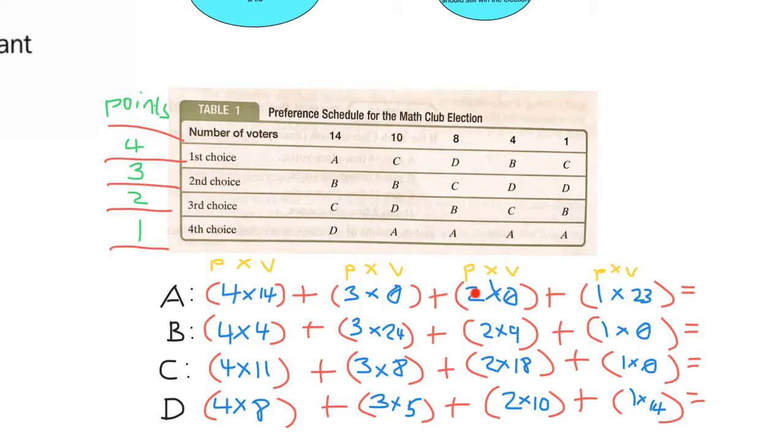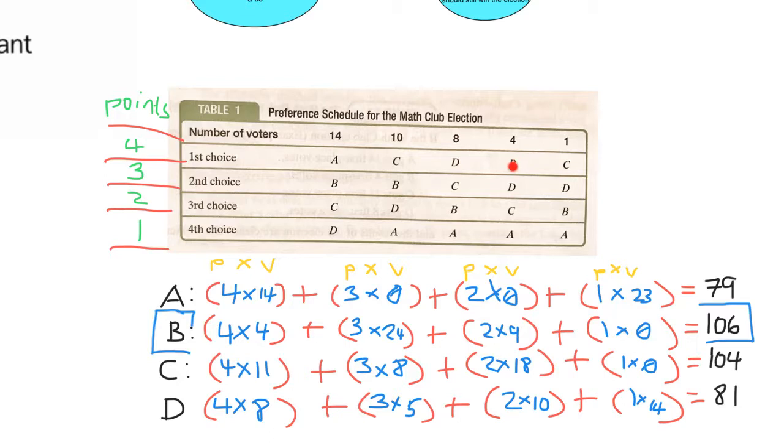Of course, you'd have to figure all of this out. You'd have to simplify all this, and I'm going to give you the results right now. So after figuring out what each of these ends up becoming, you then compare the total points earned by each candidate, and whoever has the most points at the end of that whole process wins the election. In this case, it would be candidate B. All right, so B got 106. So candidate B wins. Now, notice candidate B is over here, and candidate B did not get the most first